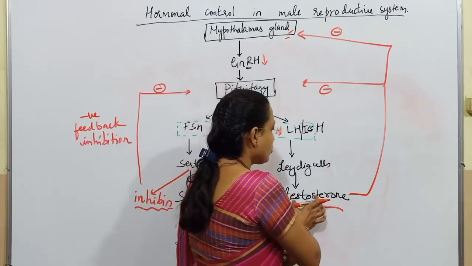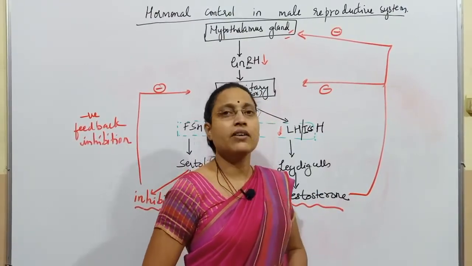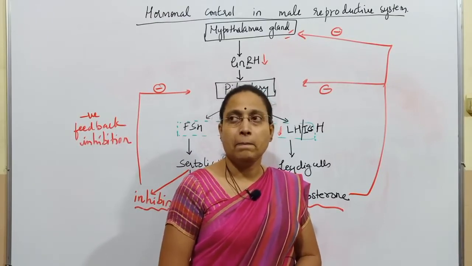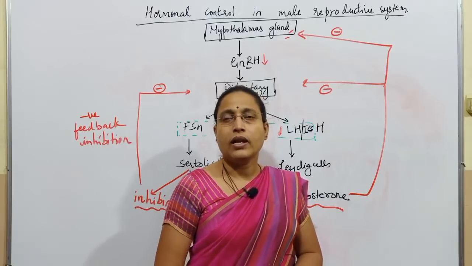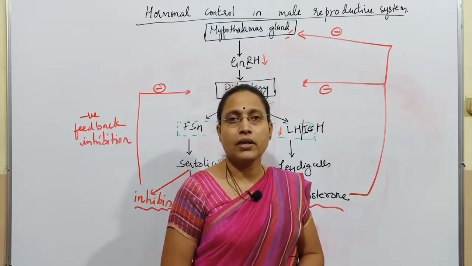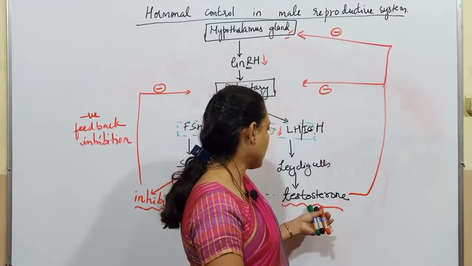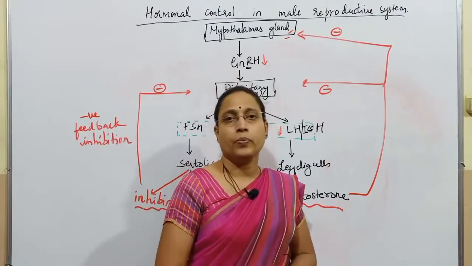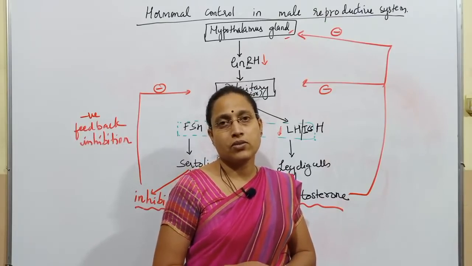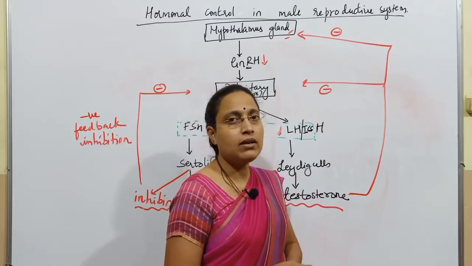So, the functions of testosterone: it is responsible for secondary sexual characters in males, which you have already studied. Typical secondary sexual characters that appear in the male during puberty, like the coarse appearance of hair, are all due to testosterone. It is also anabolic. All those molecules which are similar to testosterone are anabolic in nature; they cannot be used in catabolic reactions.